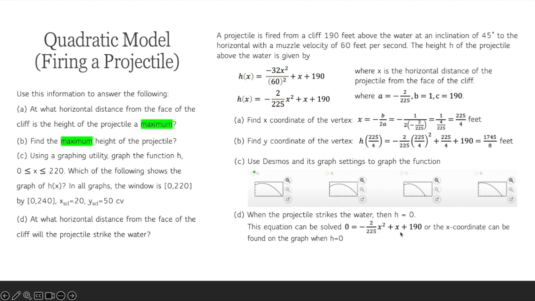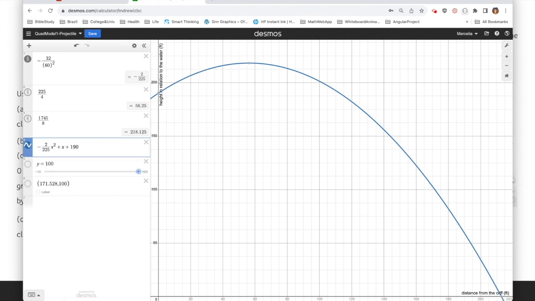You could do both ways. Since you're using calculators, it will not be difficult to put this in the quadratic formula and find the value for x. Or you can come here